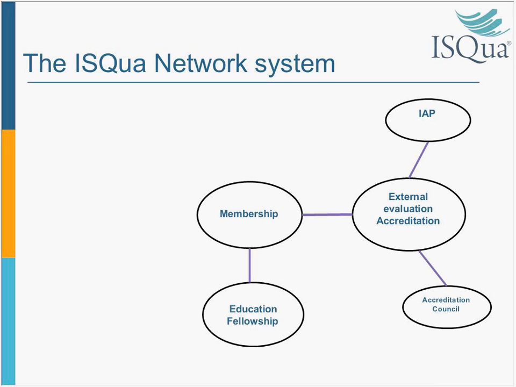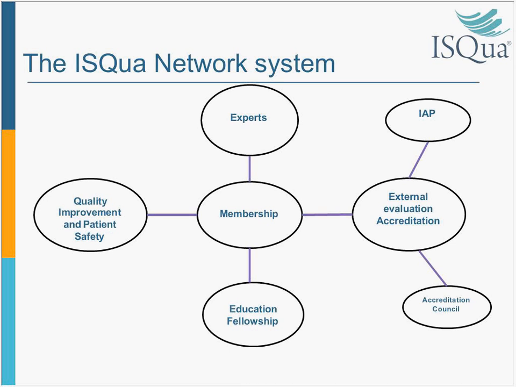Education Fellowship Network, which is a community of practice of people mainly from middle and lower-income countries and some from upper-income countries, are working together to find out what's the best way to learn together in order to improve healthcare. We have our experts who provide expertise to support the other programs, and that's a new area. And we are now developing a quality improvement and patient safety network to get quality improvement and patient safety organizations that normally would not work together to work in a way that is cost-free in terms of high costs, because most times you have to join a managed network and pay a lot of money for it.